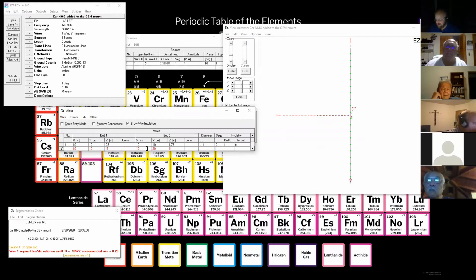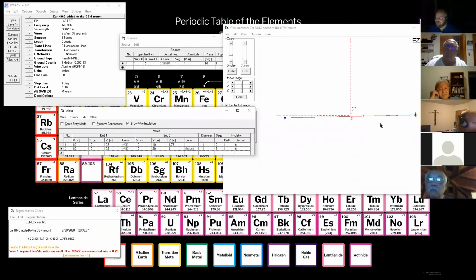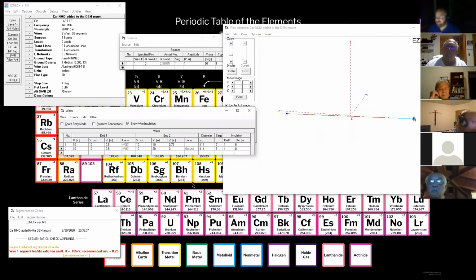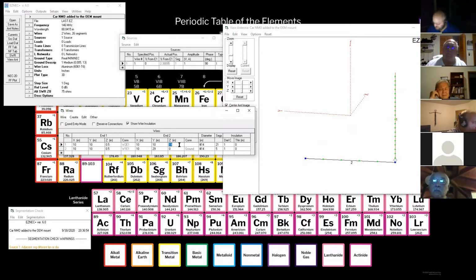And I'm going to cut down the number of segments because segments are sort of an issue here. Well, gee, things just got really weird. So let's figure out where I went wrong. It's because I punched it into the wrong field. There we go. So now I've got my one wire facing up and I've got my one wire facing to